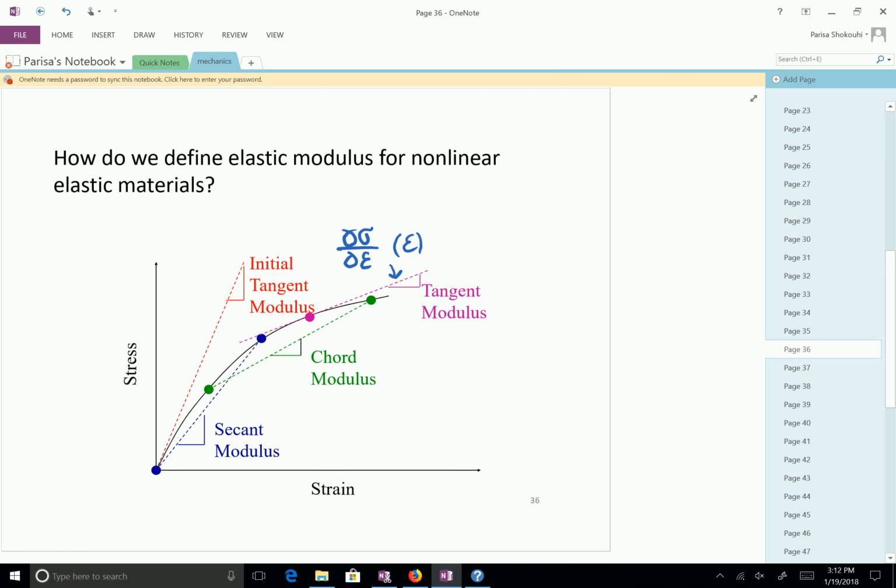And people for different applications also have come up with other definitions which are useful. For example, initial tangent modulus. If you calculate this derivative at a strain of 0, this is the initial tangent modulus. And sometimes it's easier to just calculate the slope between two points. Yes,